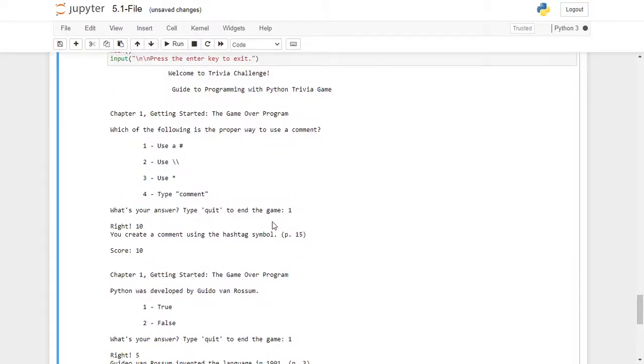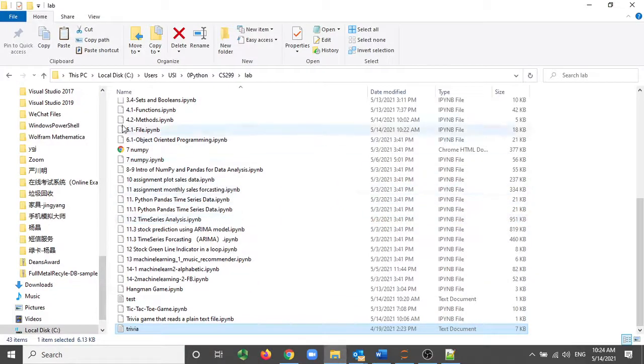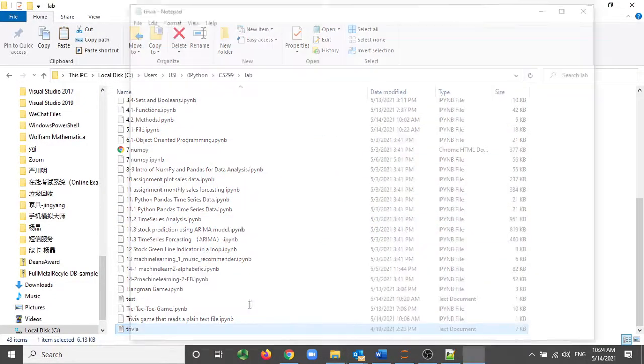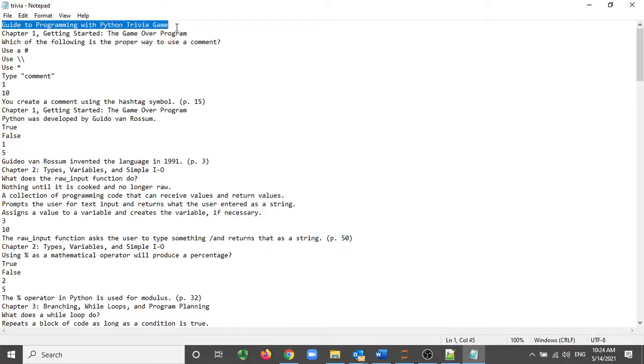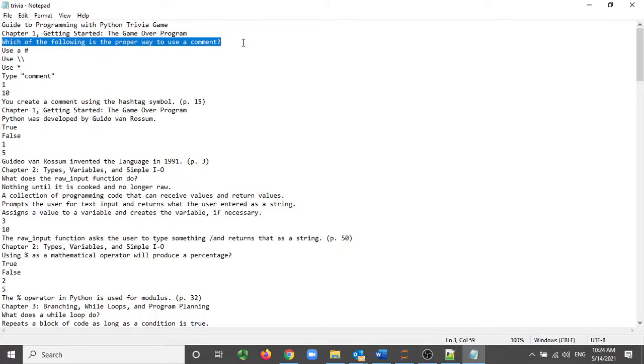And if I show you what our file is, you can see our trivia is actually a file. We have this file. So those are the guide. So that's the title. And then we have chapter 1. The two of those are pretty much the beginning of the questions, and then this is actually the question, and then these are the options, 1 2 3 4 options, and then we have the answer, the score, and the comment,